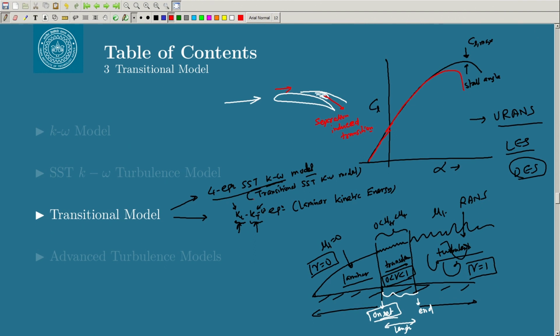Maybe one model can predict the natural transition well, but not the bypass transition. The other model can predict the separation induced transition better. So you have to basically look at the behavior of this model. As I have been telling,